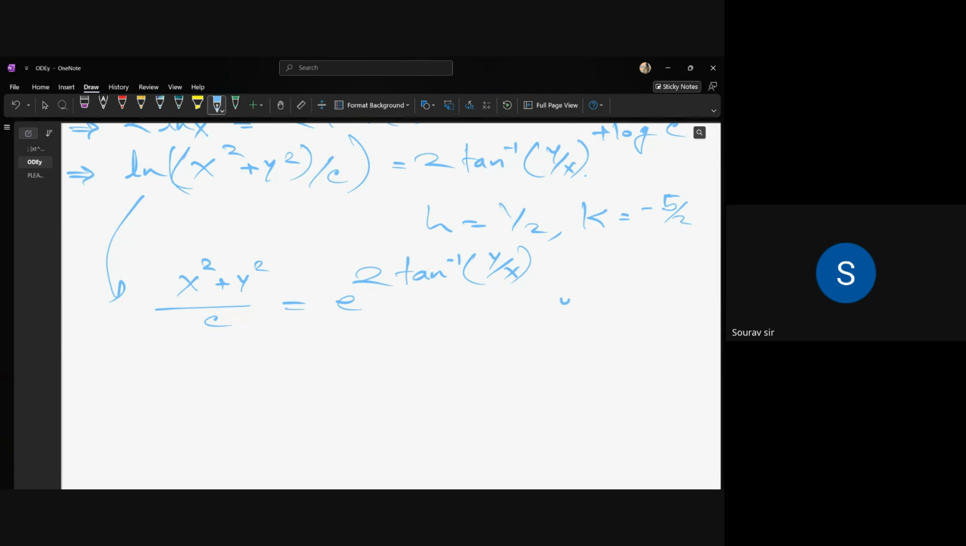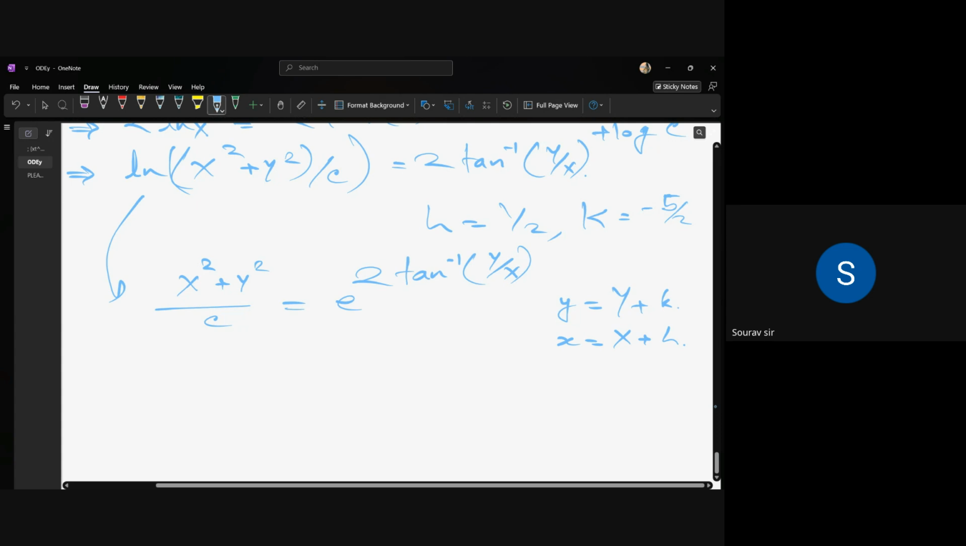We know that our big y equals to y plus k, and our big x equals to x plus h. That was written before, and our h and k have the values half and minus 5 by 2. So then we just put it in the equation. So then what are we getting now finally? So our big y is y minus half, and our